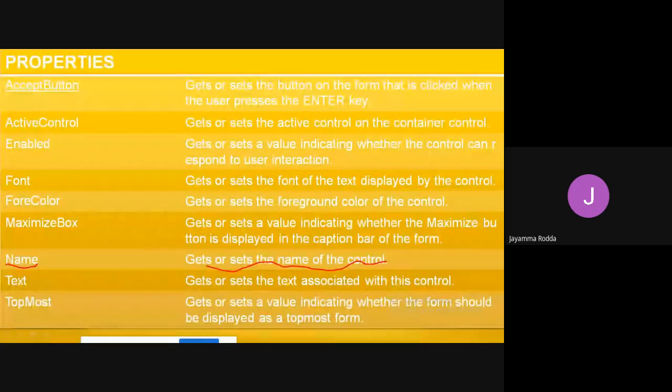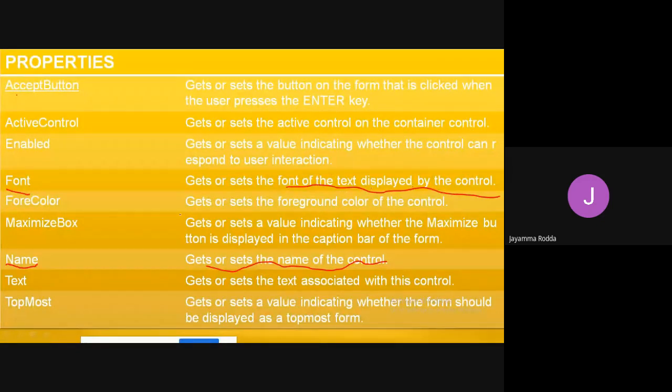Like here, we have another property called font. Font is used to get or set the font of the text displayed by the control. If the button has submit, in that submit I can set the font, so that submit is displayed in whichever font I want.